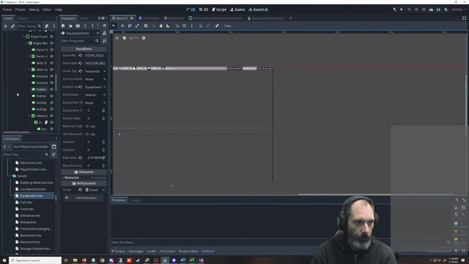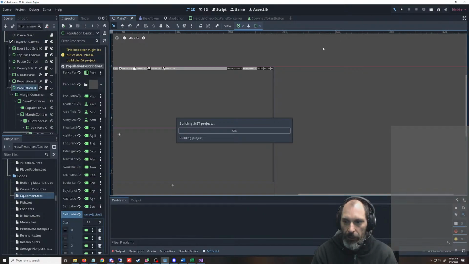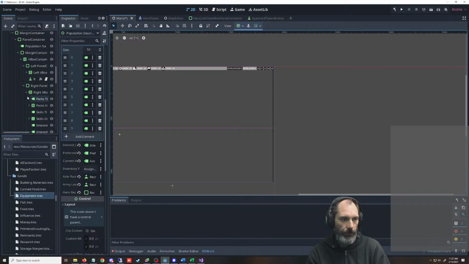Now, what is the first bug we're going to get? We're going to get a bug here unless we drag this thing in. So we're going to drag this thing in over here.